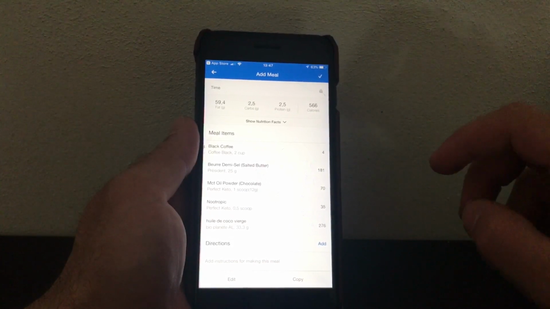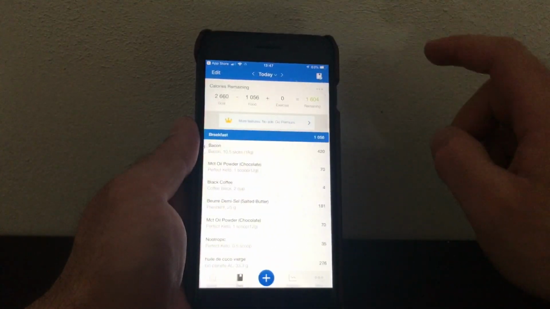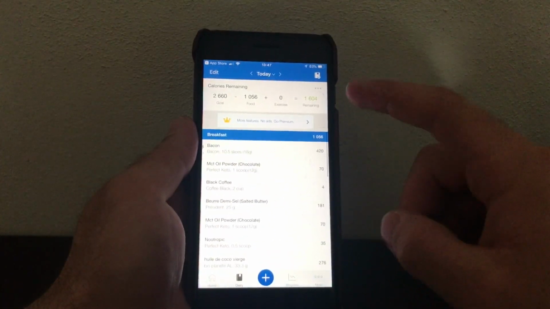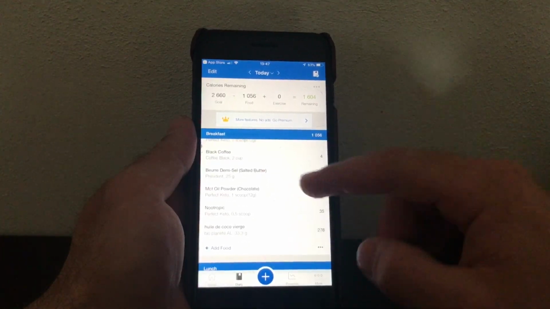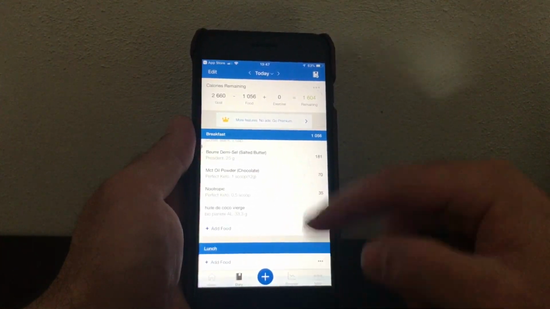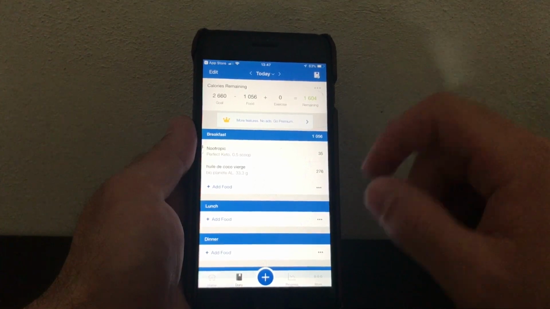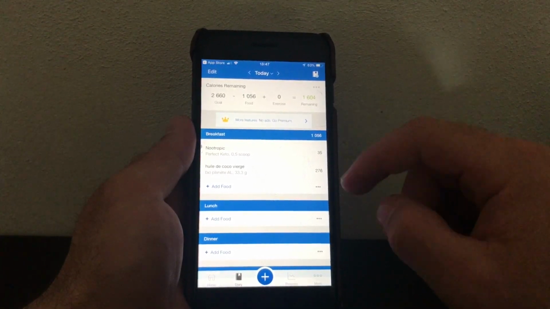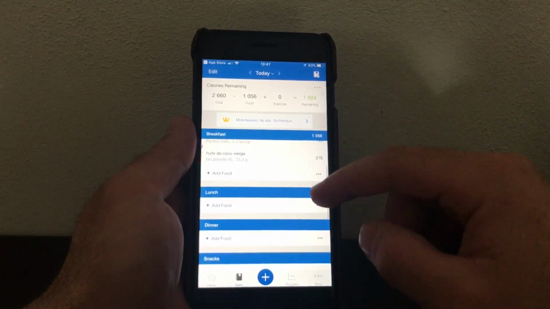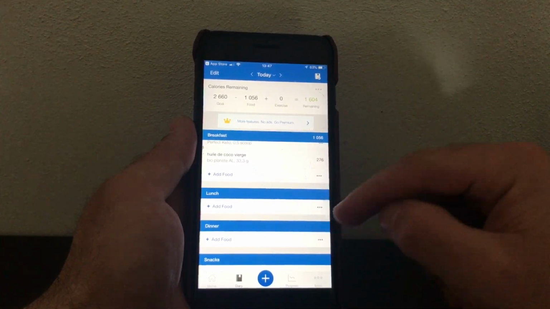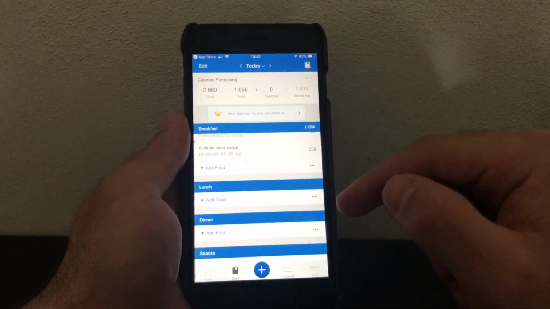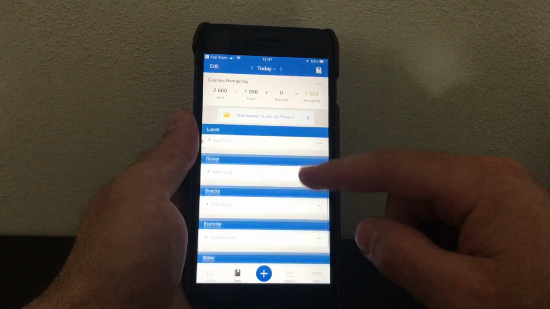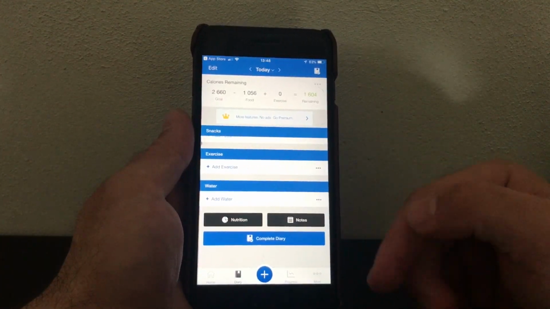I've added it as a meal, and then once I hit this button at the top, it will automatically add all of those to my breakfast tab for me. So you follow that process. You can add meals that you have regularly to the meal tab, and then you can add them in here really easily. So you follow that process throughout the day, fill in your whole day, and then once you're done with that,